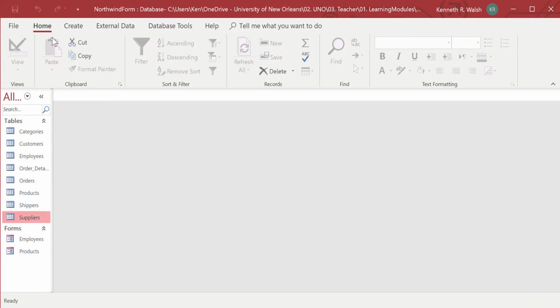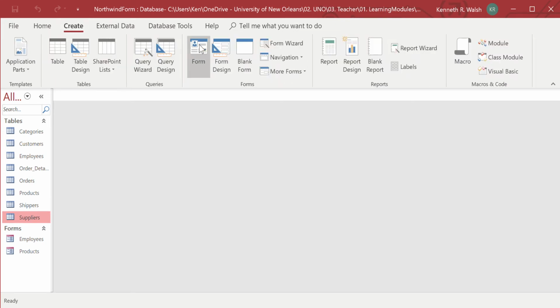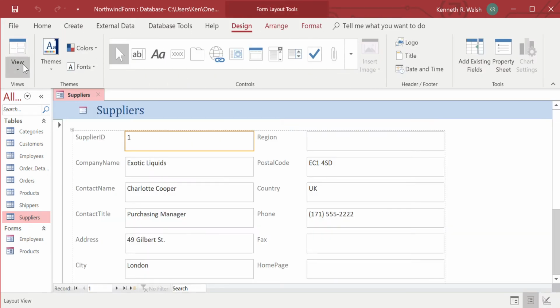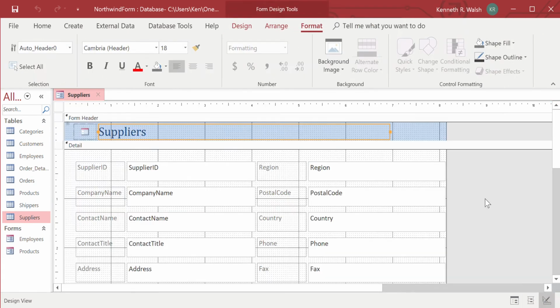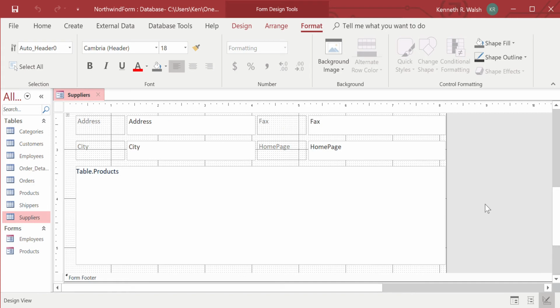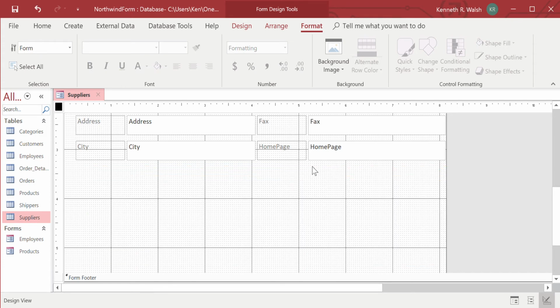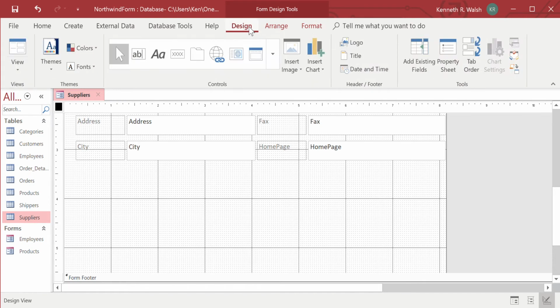Now I'll go to suppliers, create, form. I'm going to switch to design view. And I'm going to put my button down here in place of this table control. So I'm going to click on that and click the delete button to get rid of the tables control. Then go to design view. And this rectangle thing here with the 4 X's is the button control. So I will single click there, and then I will single click here on my form, and it will start